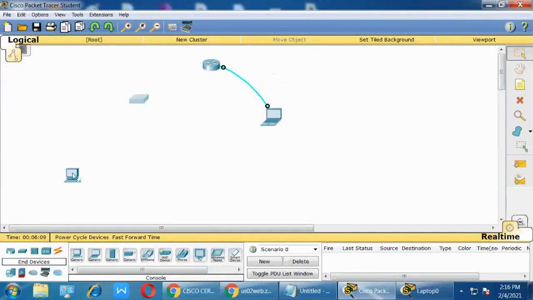That is the reason you can access the router remotely, from here to here, right? That is called remotely logging in to the router, switch, whatever devices.